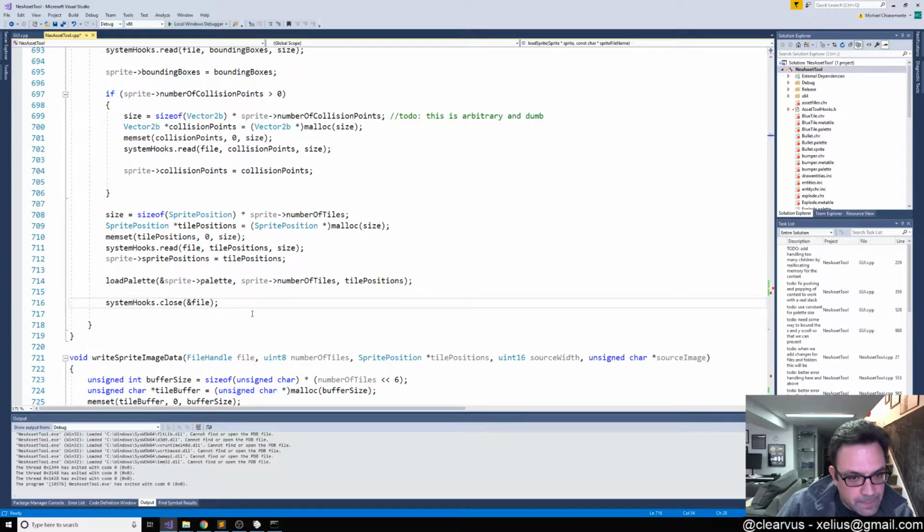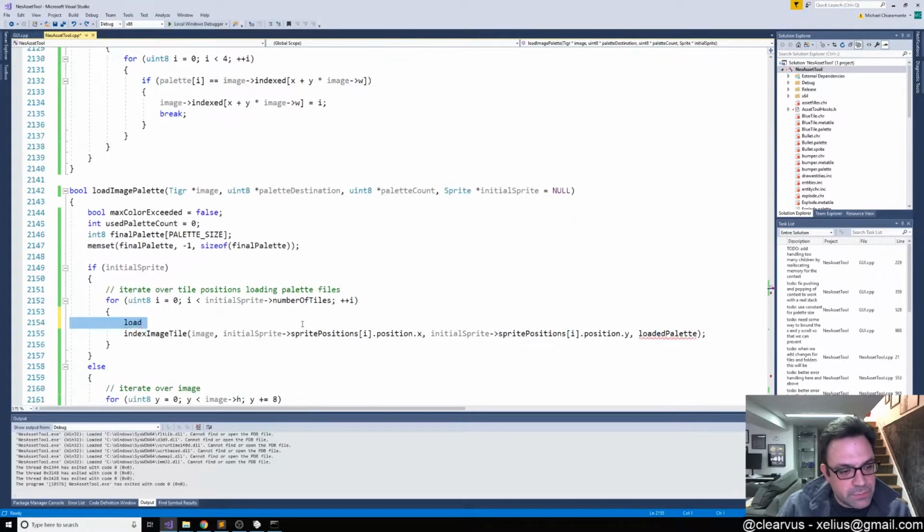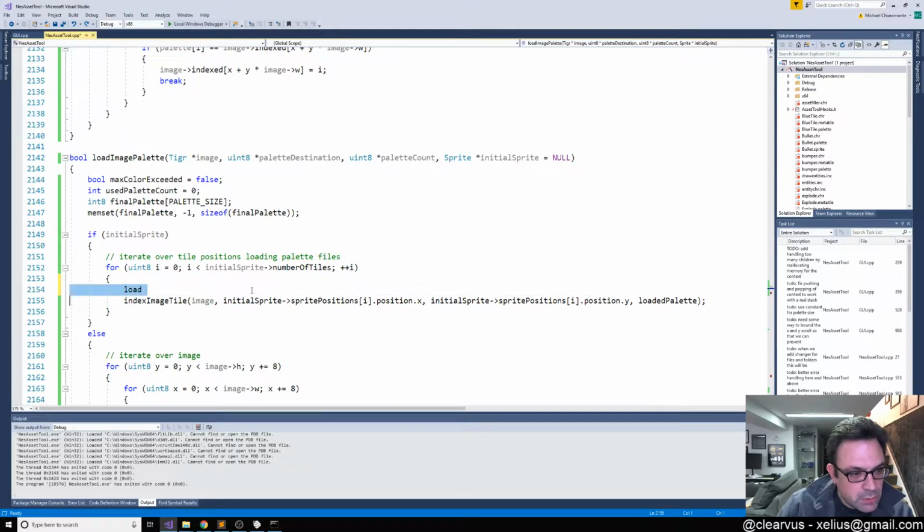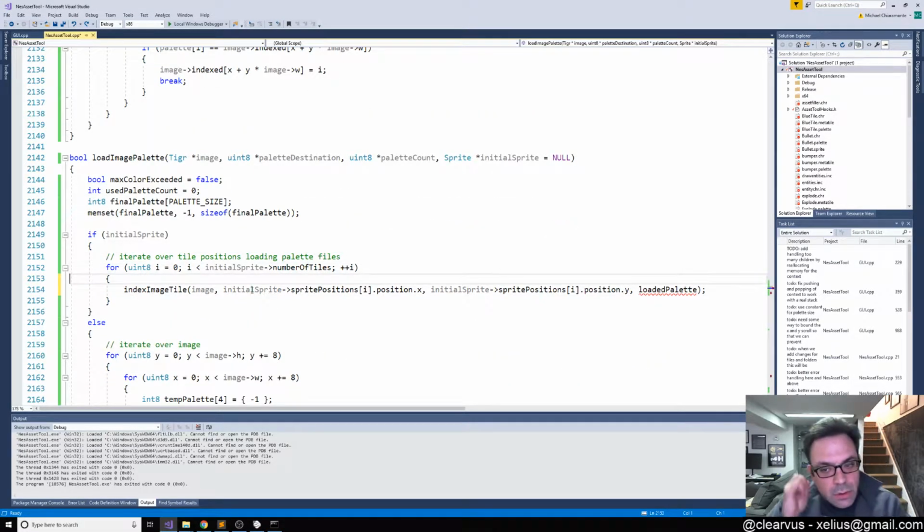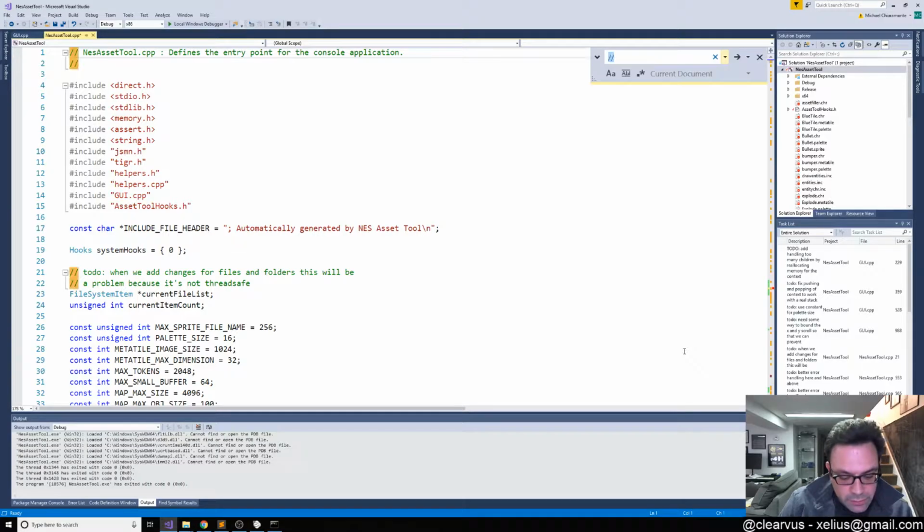Oh, okay. Right. All right. I forgot. So it has a palette already loaded in it. You know what we need to do when we load